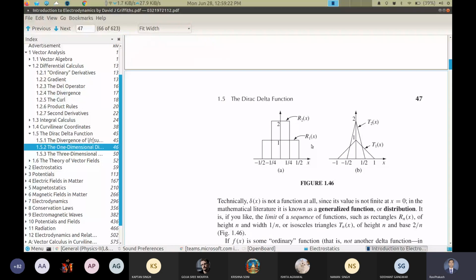About this book, let me tell you one thing. Whether you are doing BTech, BSc, MSc, PhD, any other research, you are in NASA, ISRO, DRDO, whatever, wherever you are, if you have any interest in all these things, this book will always be there on your table. आप किसी भी रिसर्च एरिया में हो इस फील्ड से रिलेटेड, इलेक्ट्रिक फील्ड और मैग्नेटिक फील्ड से रिलेटेड, ये बुक आपको लाइफ के हर मोड पर आपको हेल्प करेगी. It's a good book. Please give it some time.